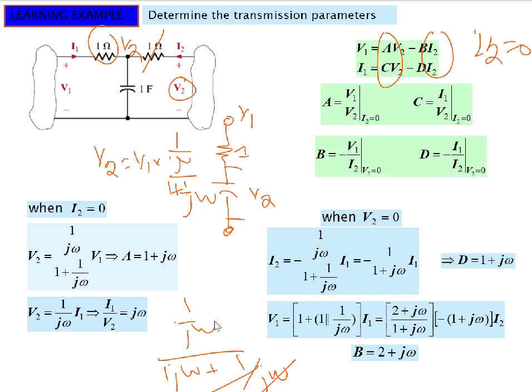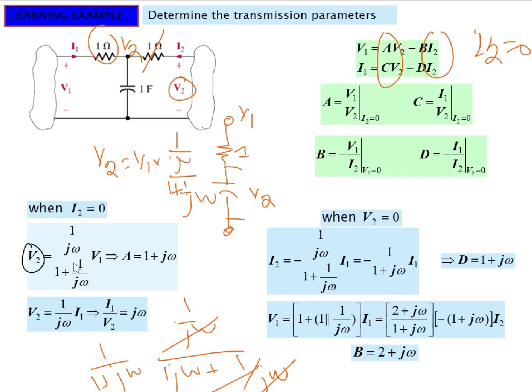So this j omega cancels with this, and we are left with 1 divided by 1 plus j omega. And hence the voltages are V2 is equal to V1 into 1 over j omega divided by j omega plus j omega. So I guess it is 1 over j omega. No, sorry, it is not 1 over j omega, it is j omega, because we have calculated the V2 in